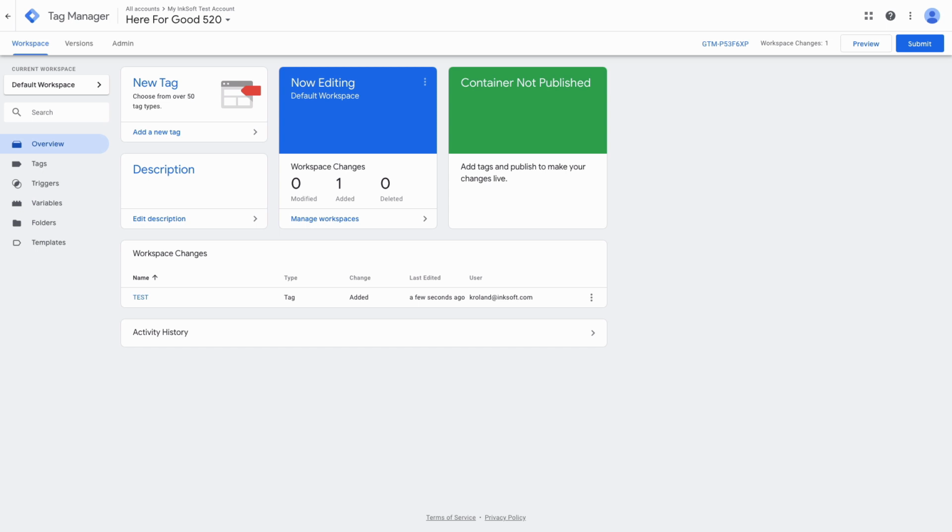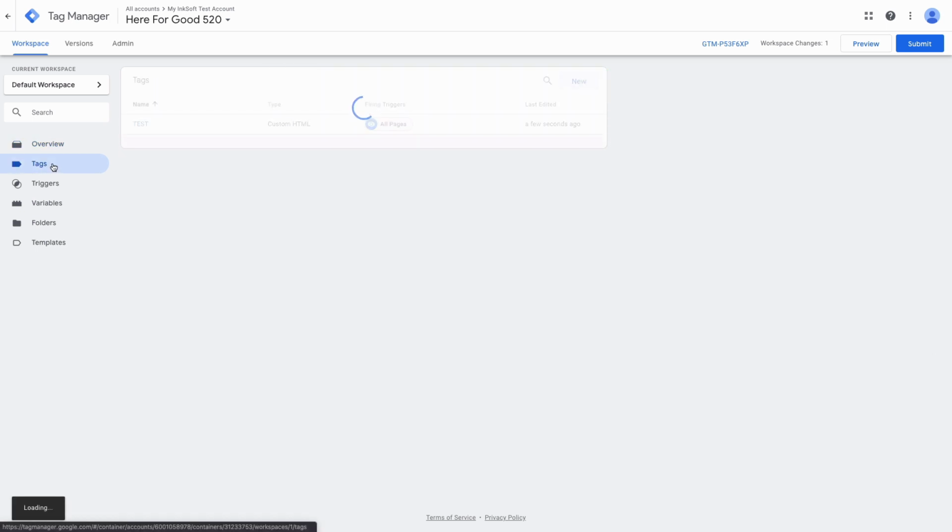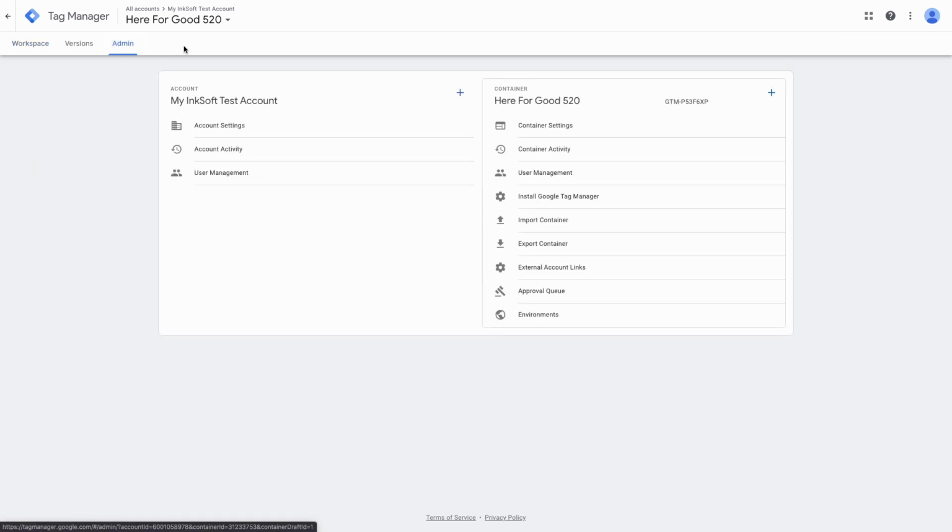Once you have configured that tag, you'll be able to see it from the dashboard by going to Tags. It'll be listed right there. You can see it. It, of course, can be edited by clicking on the name, but if you're confident with how you have it set up, the next action you want to do is hit the Admin button here at the top. In here, on the right-hand side, you're going to see an option for Install Google Tag Manager. Clicking on that will give you